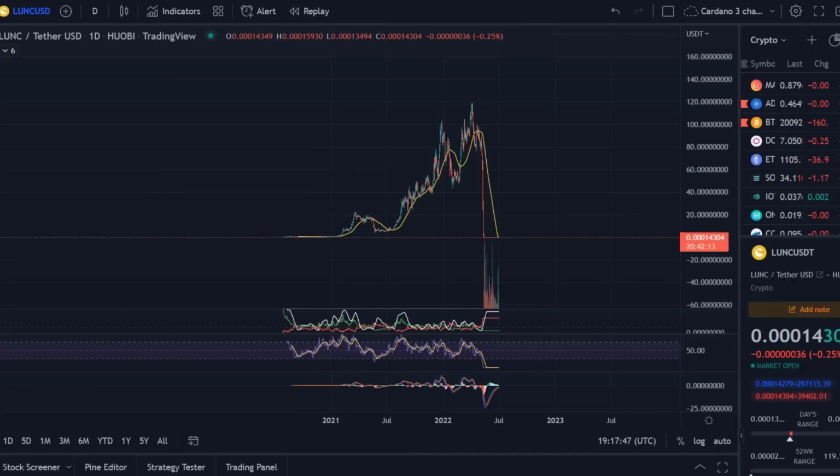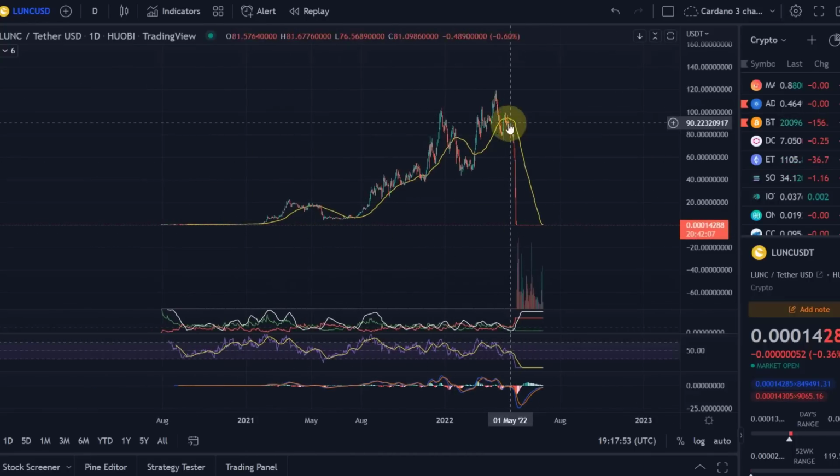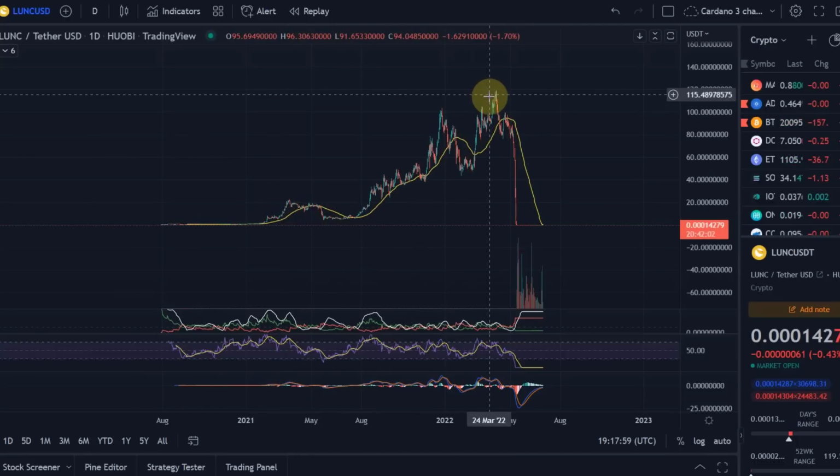And what I can tell you is that this chart here, and this is not the Luna Classic chart, this is obviously sort of before the crash, could be counted corrective. I used to say when I looked at Luna that it was always a bit of a messy chart. The chart looked different to many other cryptos, and indeed, you can count it corrective from an Elliott Wave point of view. Now, this of course is easy to say looking back, right? But it indeed is the case, and I'm also telling you that, for example, about AVAX, the AVAX chart looks very similar, with the exception it didn't drop to zero.